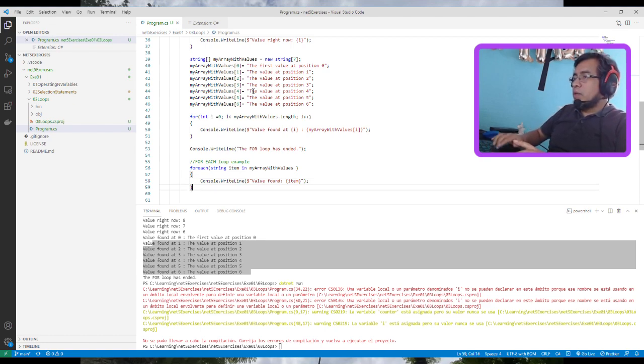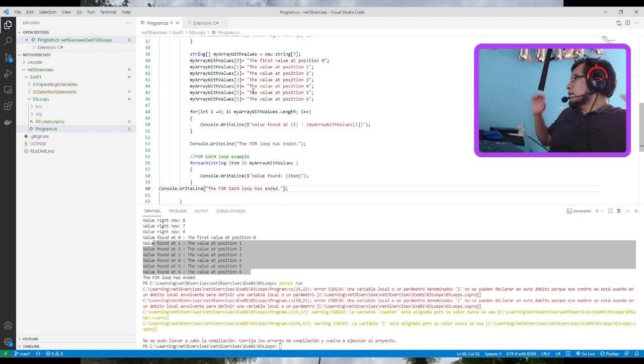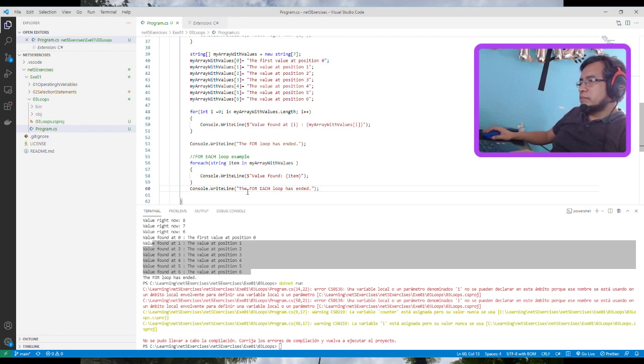Okay, what is this going to do? Well, this is going to do the following. You have the condition for the foreach loop. Come on, don't take too much time. I really hate when this happens. You're explaining, you're doing something at a good speed. We have this. Okay, so now, what's going to happen here? We have value found